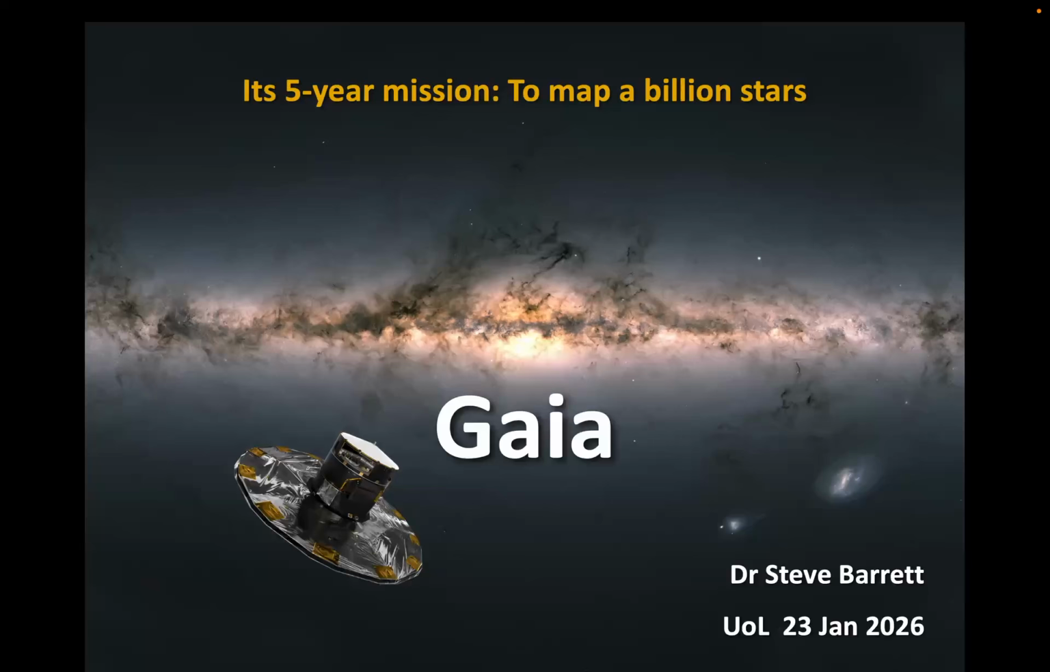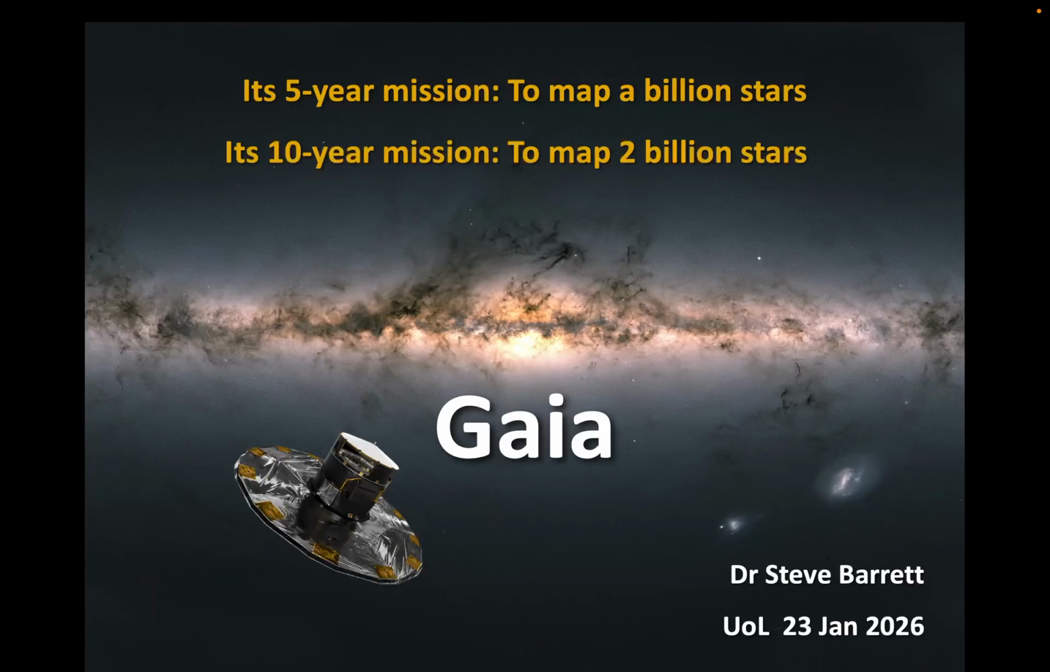Good morning. This is a talk about the Gaia Space Telescope. As you can see from the subtitle at the top, it had a 5-year mission to map 1 billion stars within the Milky Way. It worked really well, so they very quickly changed it to a 10-year mission to map 2 billion stars in